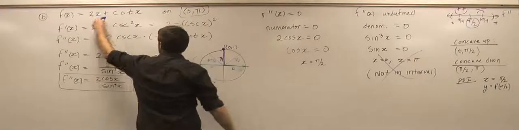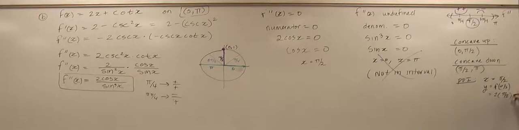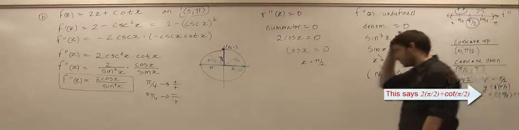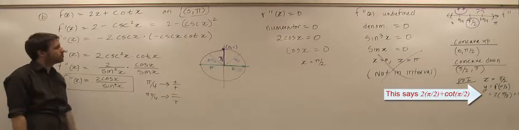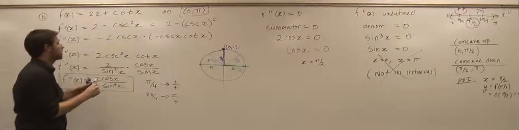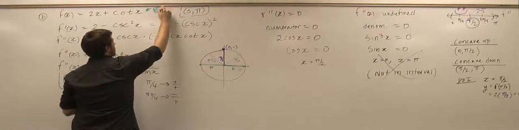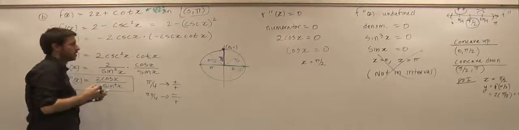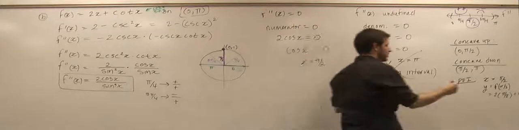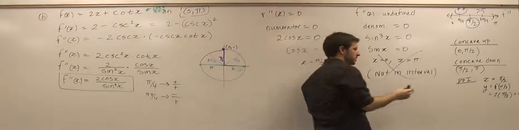So you do 2 times pi over 2 plus cotangent of pi over 2. What's cotangent of pi over 2? Cotangent is cosine over sine, right? So if you're at pi over 2, cosine is 0, sine is 1, so this is 0 over 1, which is 0. So my y value is just